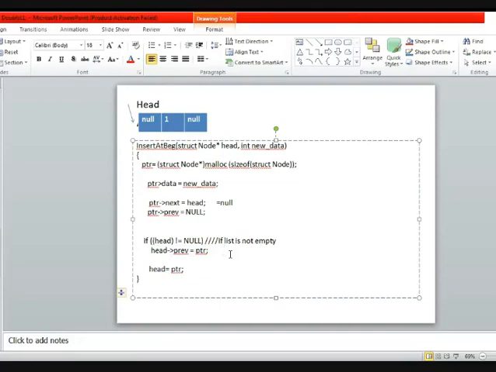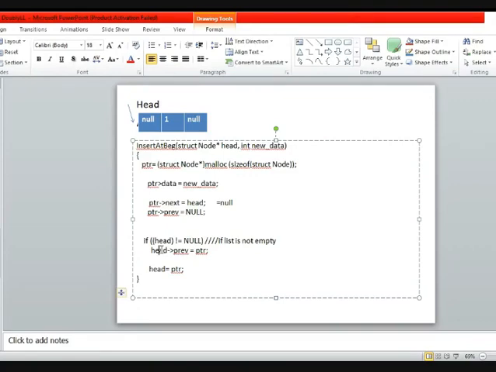If head is not null, in that case you will be performing this step, and if the list is already empty and you are inserting the very first time, in that case you don't have to maintain this pointer, head previous is equal to ptr. Understood class?